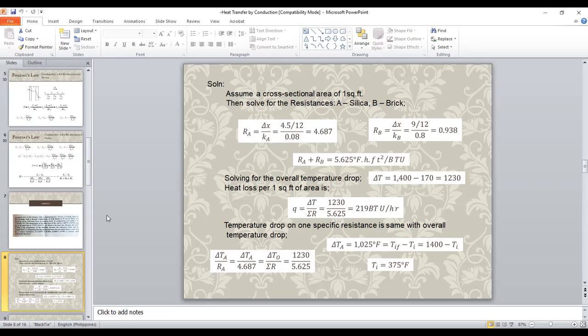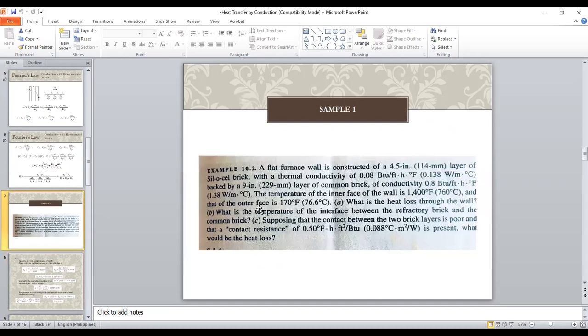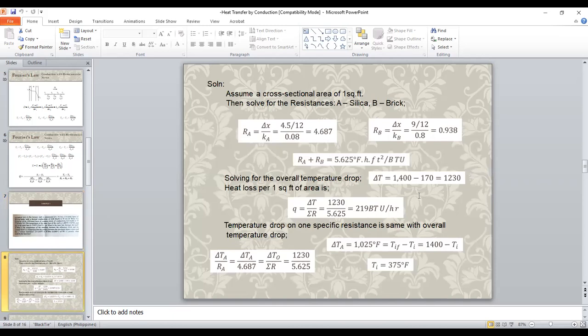That would be the difference of the temperatures, let's say it's given here: the inner phase, which is 1400, and the outer phase, which is 170. So then you will have the difference to be 1230. You have the driving force, the delta T, and you have the summation of the resistances. Based on our formula, we have the driving force divided by the resistances. This would be then your rate of heat transfer in BTU per hour, English unit, because we're using the English